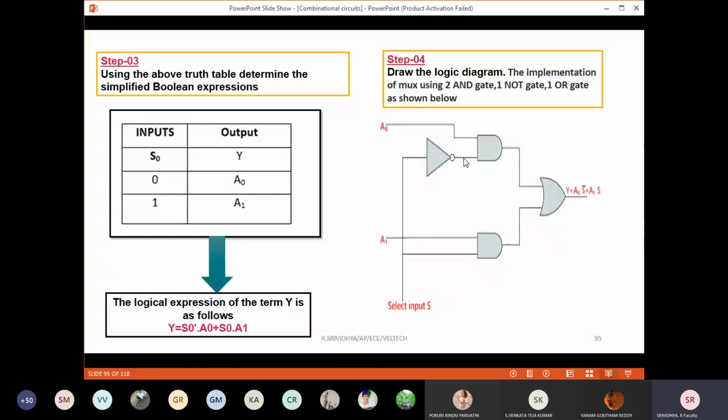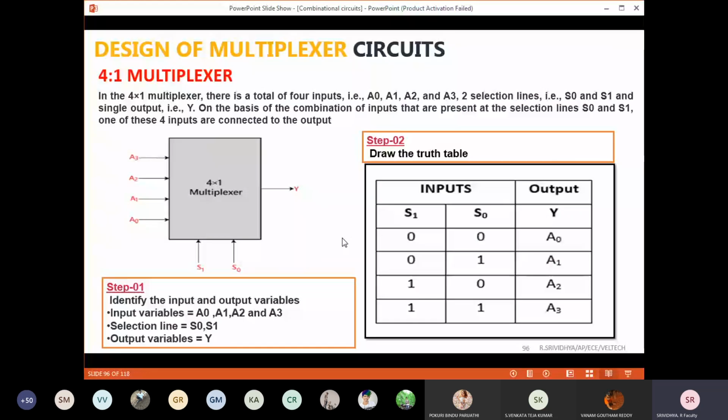Okay, ma'am. Okay, for anyone else, any doubts? Yeah, if this is the case, this is going to be the complete design of your 2:1 multiplexer. Now we are moving into the 4:1 multiplexer. Again, what I'm going to do, I am going to put the block diagram. I'm going to put 4 inputs.